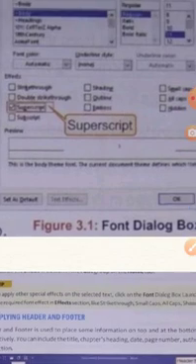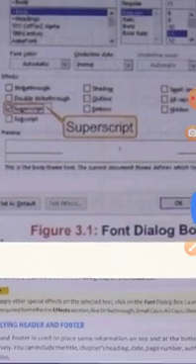Just now I told you that the options of shading, outline, shadow, emboss, all these are the effects features available in MS Word. These are the ones which I have highlighted here. Yes, these ones. These are the effects.